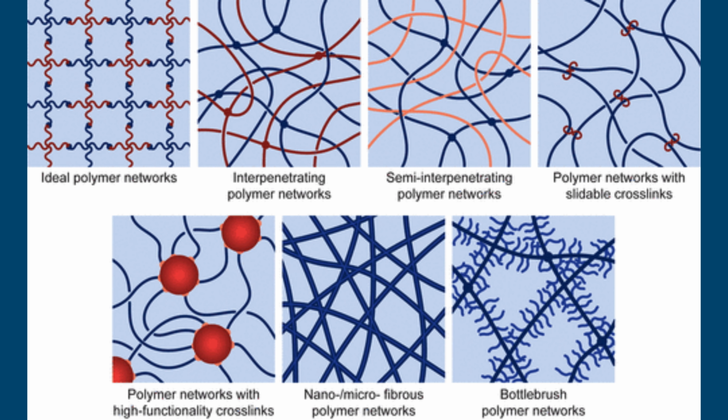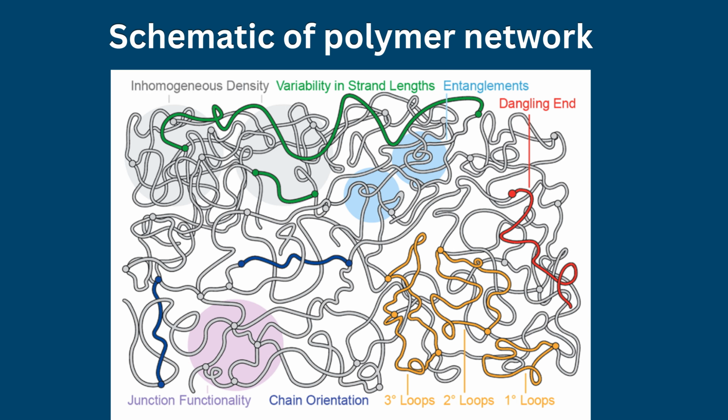Polymer networks represent a fundamental class of materials characterized by interconnected macromolecular chains forming a continuous three-dimensional structure. These systems include elastomers, thermosets, and solvent-swollen gels, each distinguished by the nature and density of cross-links. Unlike linear polymers, polymer networks exhibit complex structural heterogeneity arising from stochastic cross-linking processes, leading to distributions in strand length, junction functionality, and network defects such as loops and dangling ends. This intrinsic disorder complicates the establishment of direct structure property relationships, limiting predictive material design.